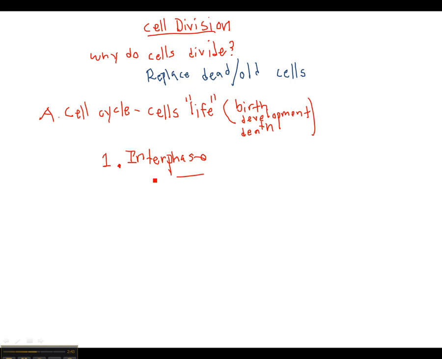During interphase, three things take place. A, the cell grows. B, what else happens to a cell? Well, it copies its own DNA. It makes two copies of its own DNA. It does that so that the new cell, if it ever decides to divide, can have another copy of it. And C, the third thing that happens, is that it prepares to divide. It gets all of its little organelles ready to divide, okay?